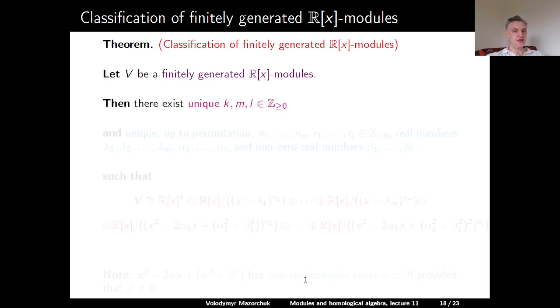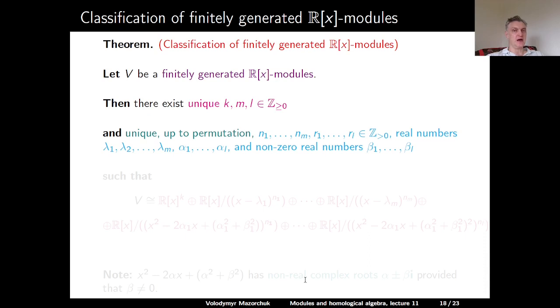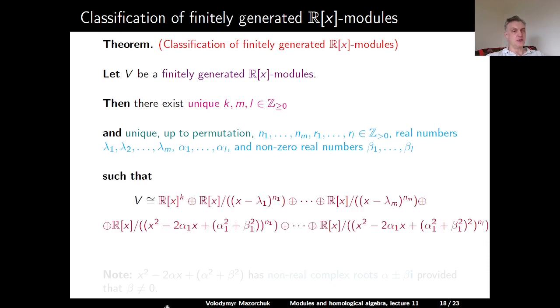Then there exist unique non-negative integers k, m, and l, and unique up to permutation positive integers n1 and so on nm, r1 and so on rl, real numbers lambda 1 and so on lambda m, alpha 1 and so on alpha l, and non-zero real numbers beta 1 and so on beta l, such that our module V is isomorphic to the direct sum of k copies of the regular module R[x],